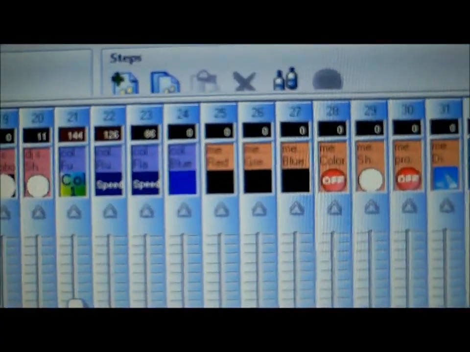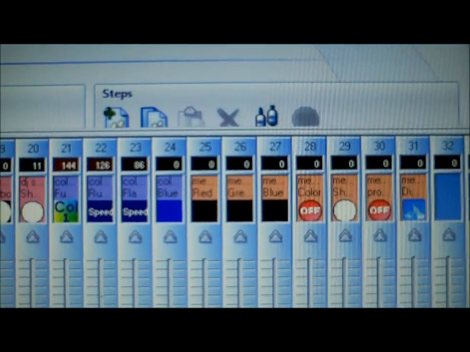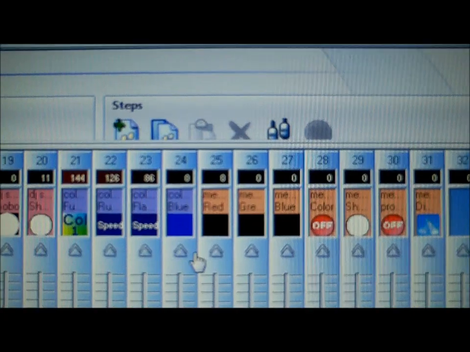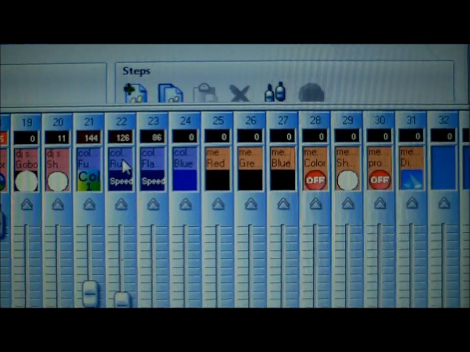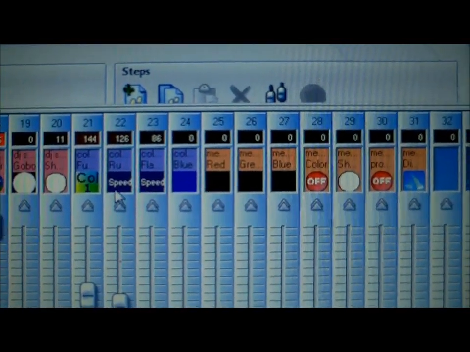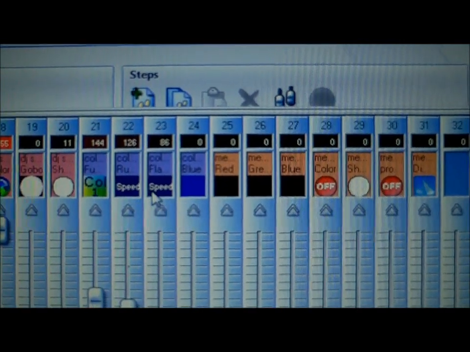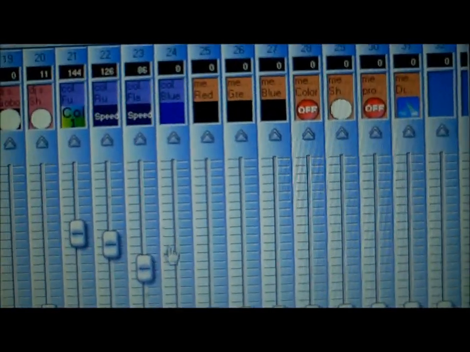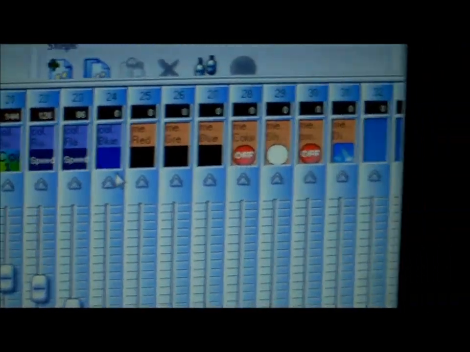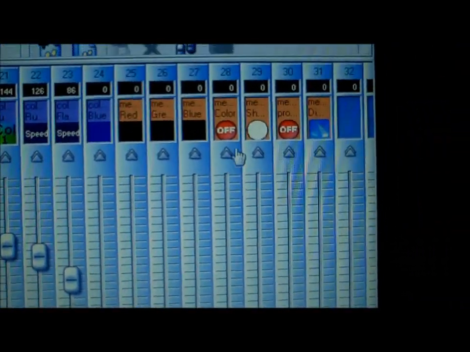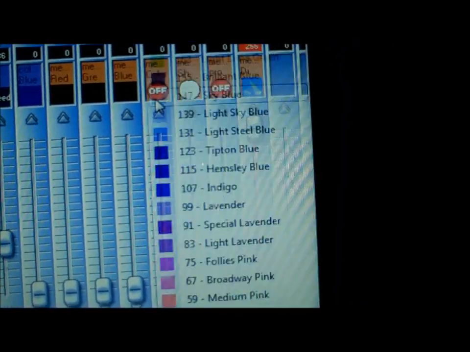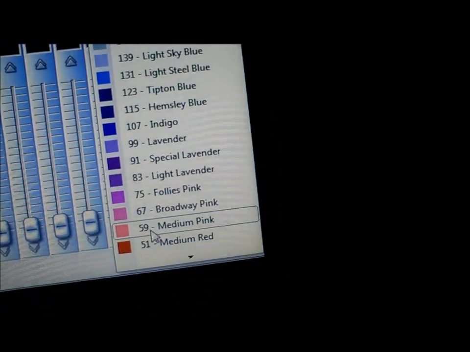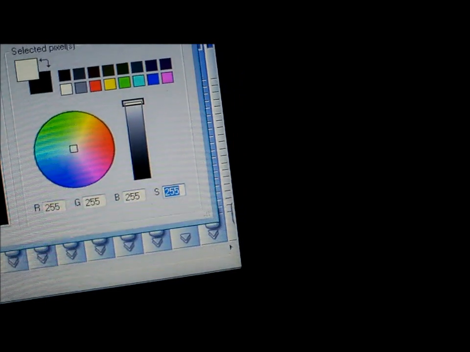And then moving on to this, the blue is only used for your RGB mode. It's really a three channel, but it adds the 4th. I don't know why, but when you do an RGB, 22, 23, and 24 are your RGB. So 22 would act as a red, 23 as a green, and of course the blue as a blue. This one's always blue. I don't know why. I haven't messed with this one a lot yet, but see, there's all your colors right there. Let's see if we can find the